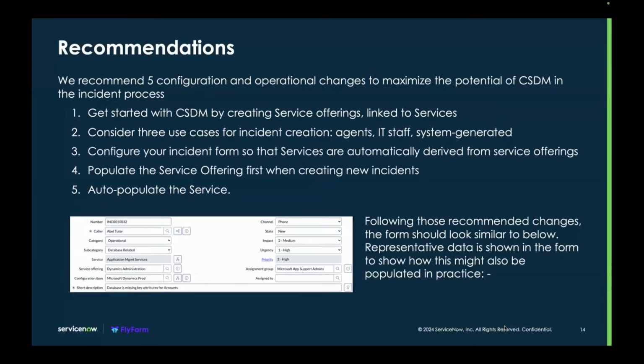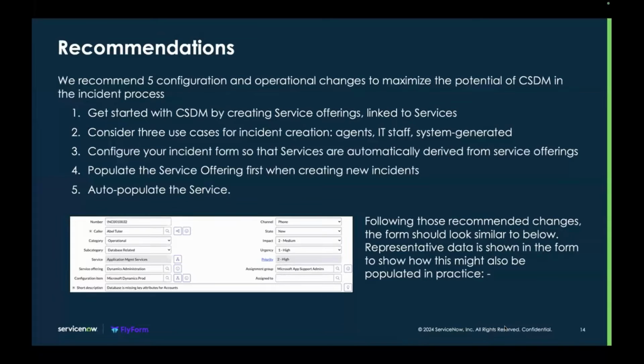So if we can streamline some of that, then it reduces time, reduces error incidents on the incident itself. So we're going to look at what that would look like in terms of the incident form to reduce those opportunities. And a lot of that revolves around